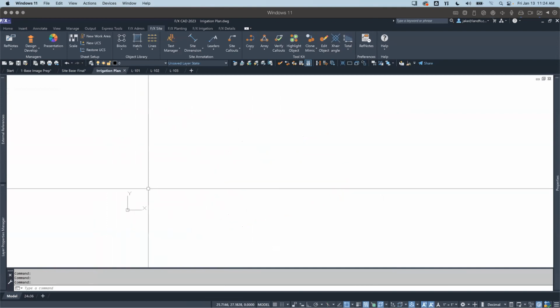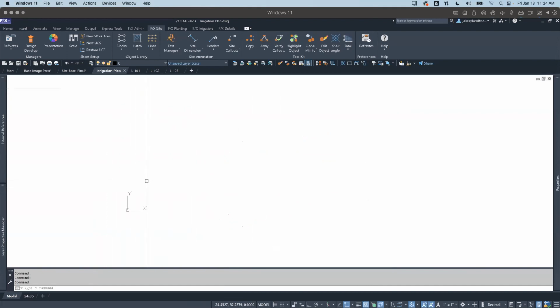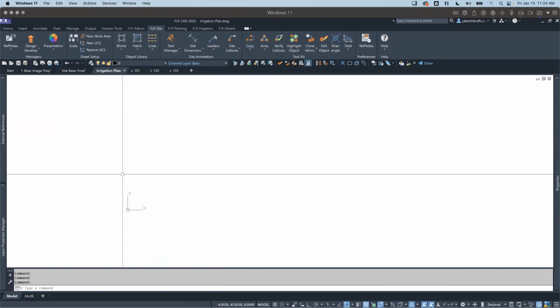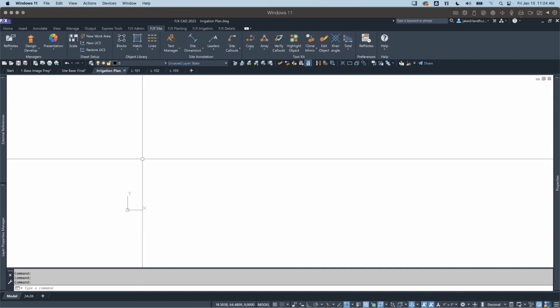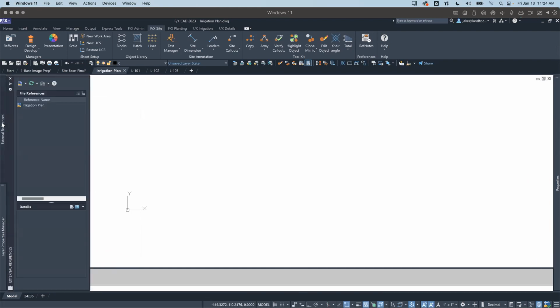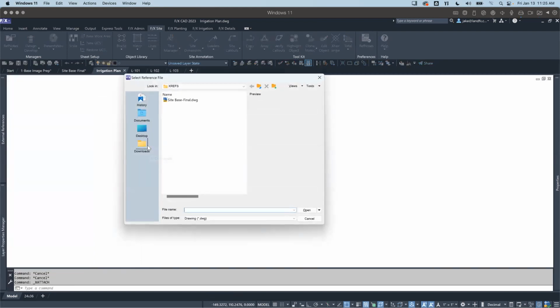But I'm going to go ahead and XREF that DWG, this site-based final, is going to be my XREF DWG that I put in here as my line work. Okay. So I can still go back and attach that DWG. If people are not using FXRef, I would highly recommend using that just because it's a lot cleaner and a lot simpler. But I'm going to grab that site-based final,